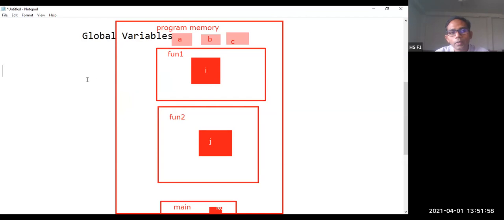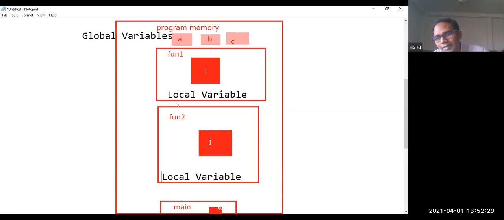Coming to I, this is called a local variable. And here also it is a local variable, and J and K are also local variables. This is how the memory will be allocated.